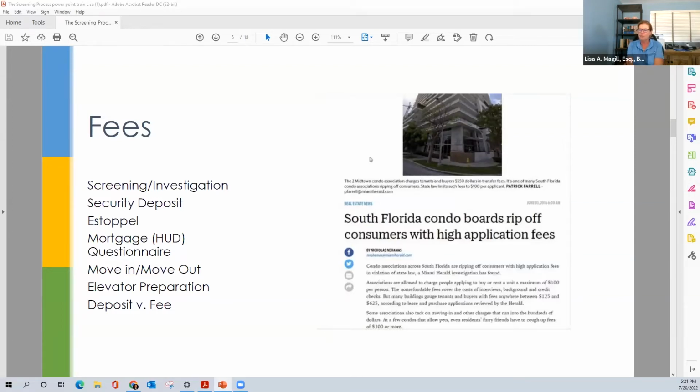But in this case, they found that there were a number of community associations charging fees that exceeded the fees that were allowable by statute. And of course, they got into trouble for it. So you want to make sure that all of your fees or costs or deposits have been vetted